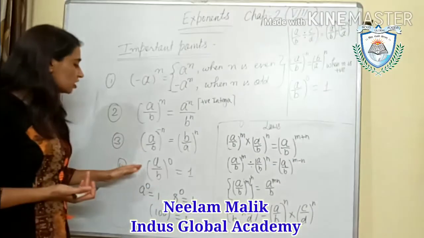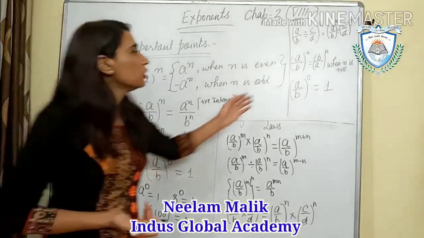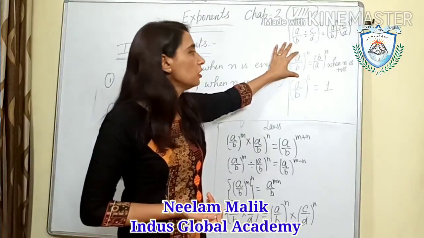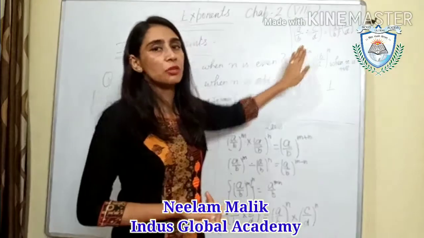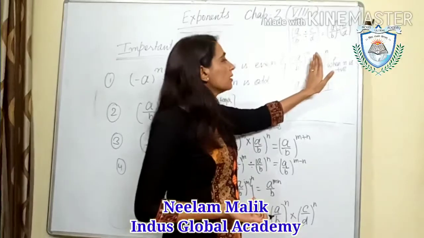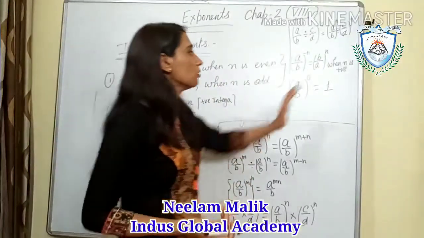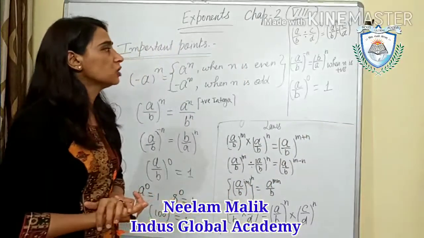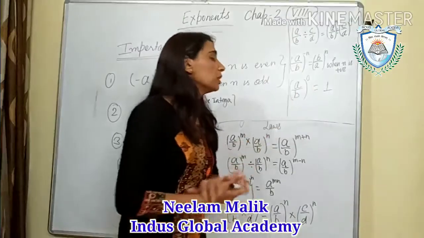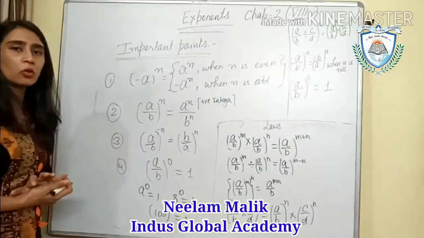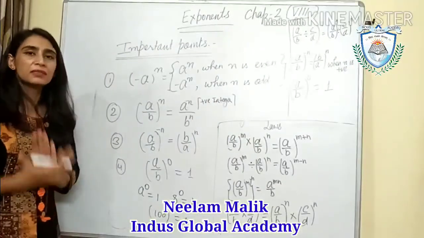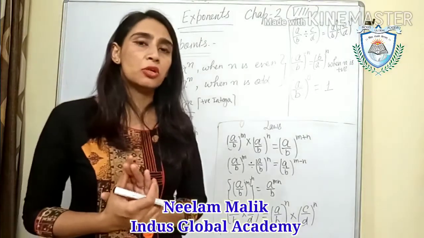minus n, that I already explained to you here. Okay. So what we will do, the base will be reciprocal, we take the reciprocal of the base to make the power positive. So here a upon b, the whole power minus n, the power will be positive and the base will be b upon a. Okay. When n is positive, we are talking about the power being positive. Now a upon b, the whole power is 0. I told you when the power of any rational number, any integer, is 0, that doesn't mean it is equal to 0, that will be equal to 1.